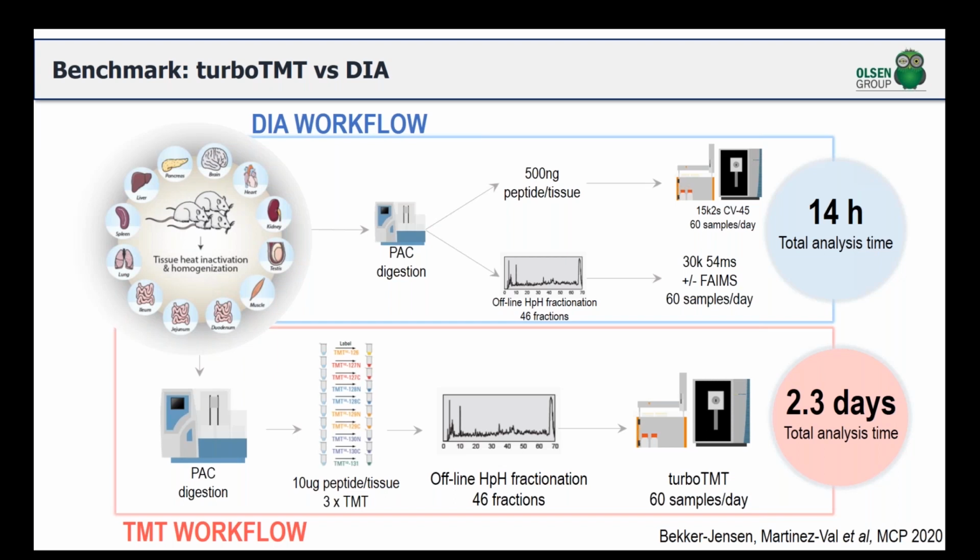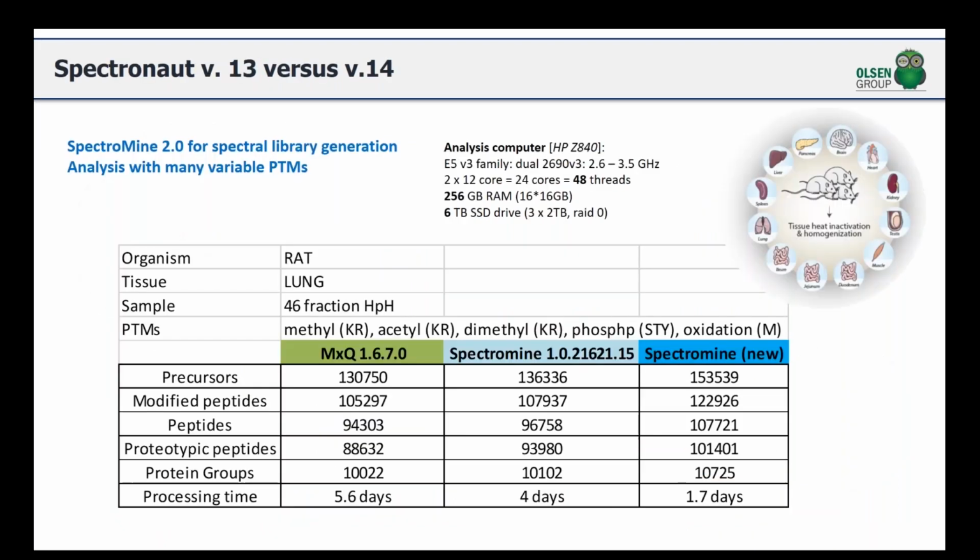So what we did was to go through 12 different tissues from 3 rats in triplicates, and collect 46 offline fractions. And for each of these tissue proteomes, we in the publication searched the data with MaxQuant, but afterwards we also decided to test the similar performance in SpectroMine. And now with the new